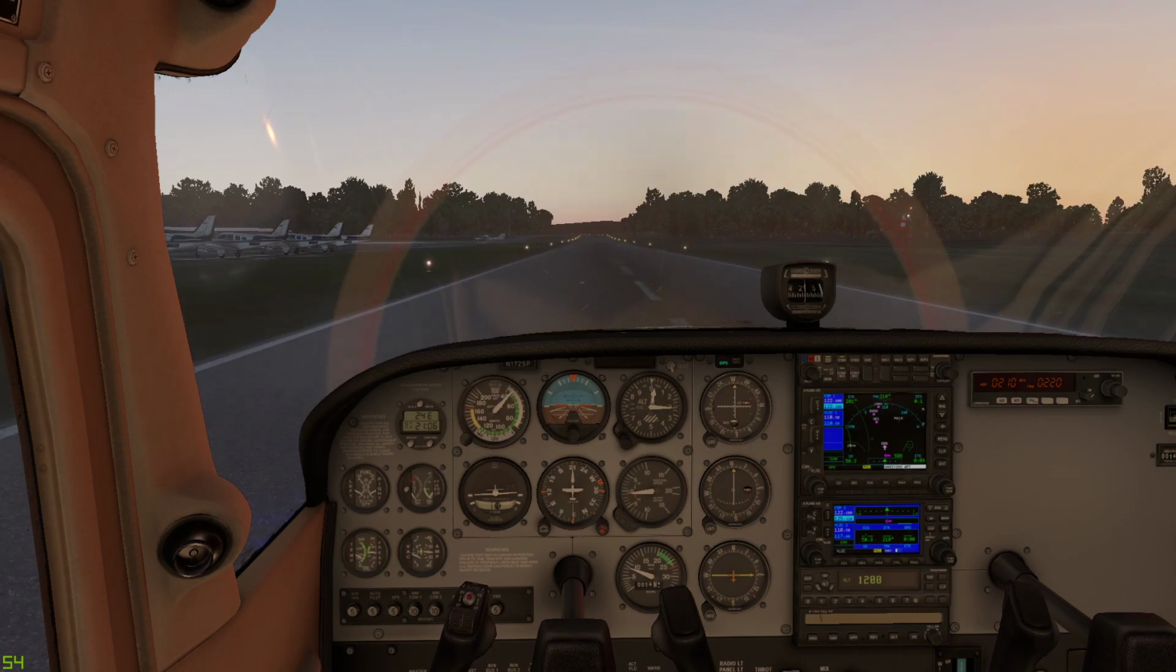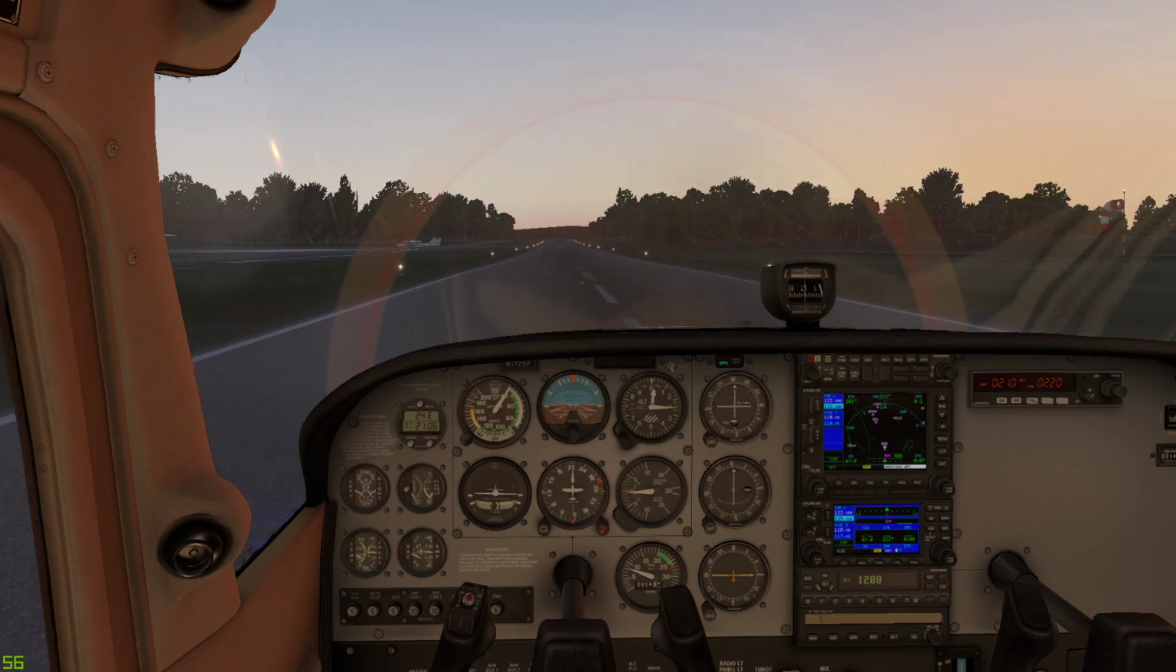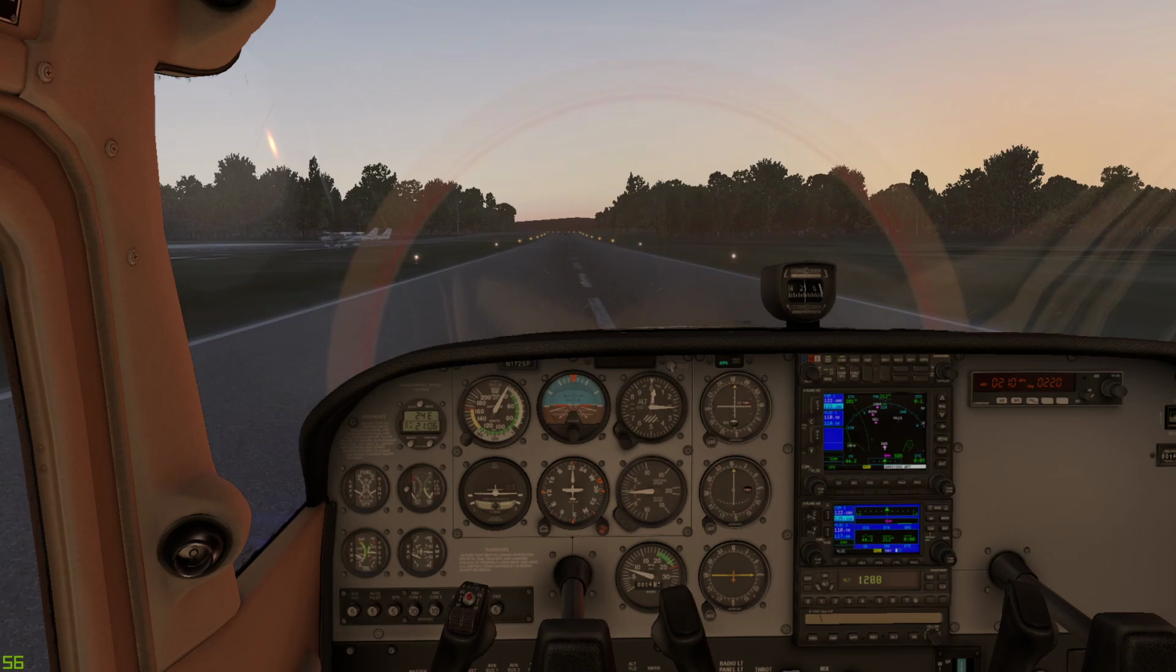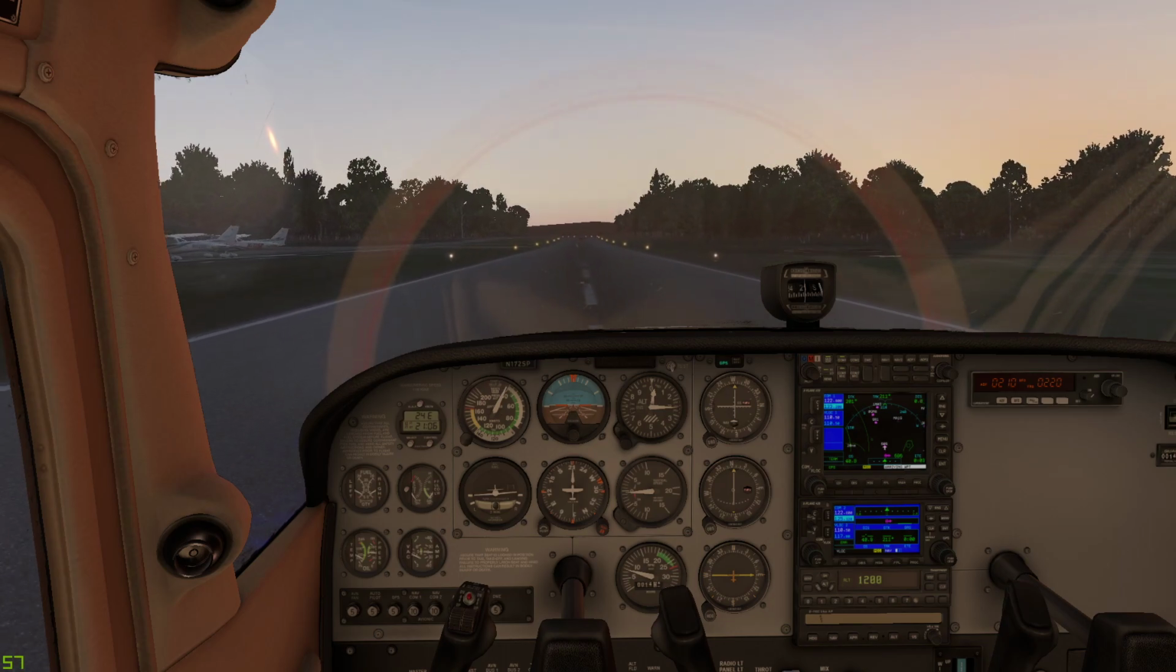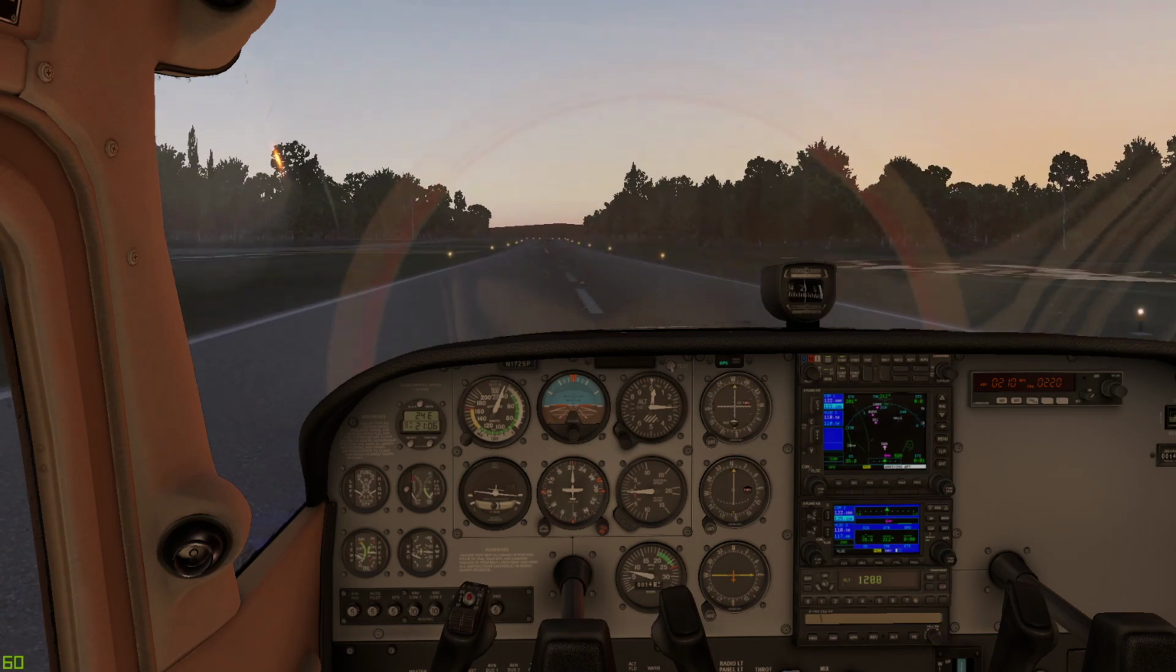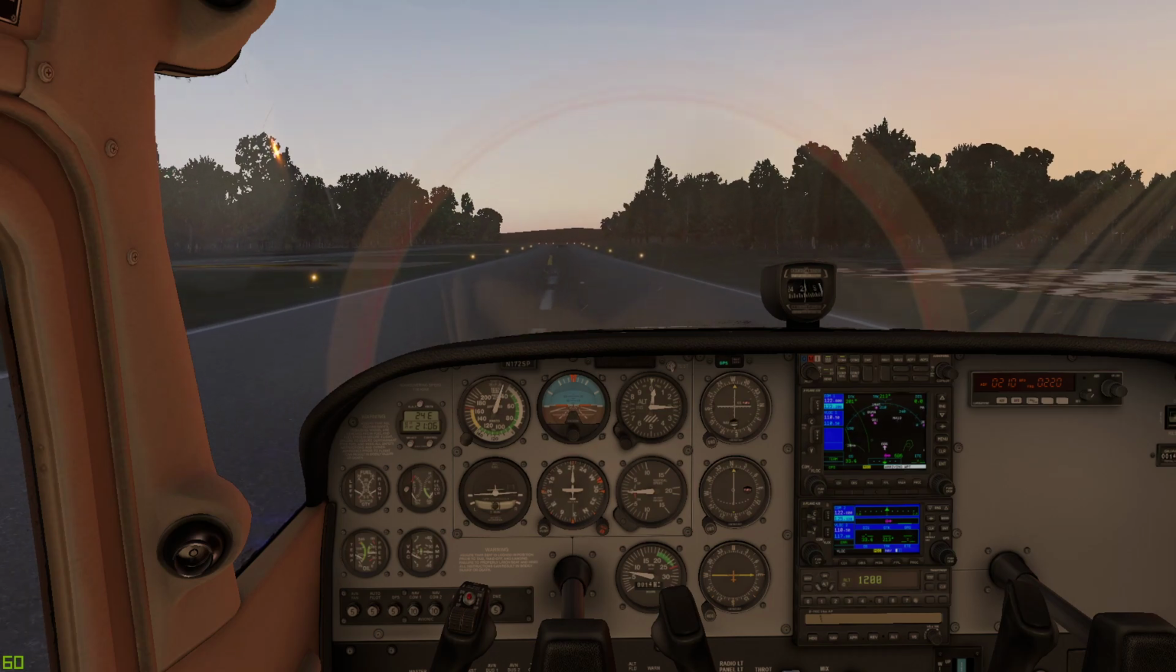Alright, there we go. Pretty smooth landing. And we can go easy on the brakes a little bit. This runway is not long, but it's plenty long for us to go easy with the brakes. Try and maintain that center line. And then brake to